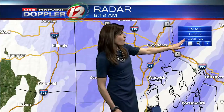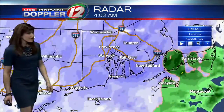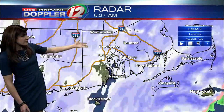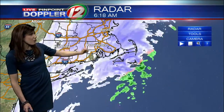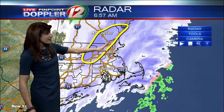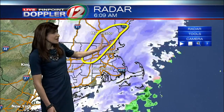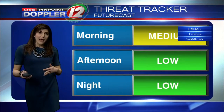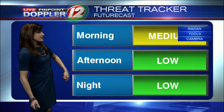Let's look at the wider view once again and show you the back edge of this snowfall, because we are seeing this going to be winding down here before the morning is over. This is the last batch of more moderate snow coming through. So next hour or two, this will be winding down from west to east and seeing even some sunshine returning to the area. The heaviest snow has been focused up to our north and our northeast from this storm system. That's where most of those 4 to 6 inch totals were. Our amounts so far have been about 3 inches on the high end and slightly less than that on the